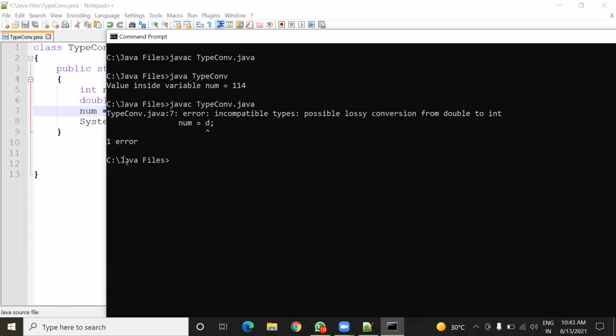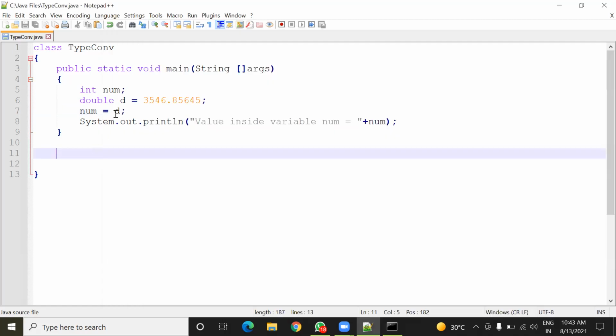Here it means this double cannot be automatically converted into int type due to variation in their sizes. Double is of how many bytes? 8 bytes. And int is of 4 bytes only. So we have to convert this double value explicitly in order to store it inside the num variable.